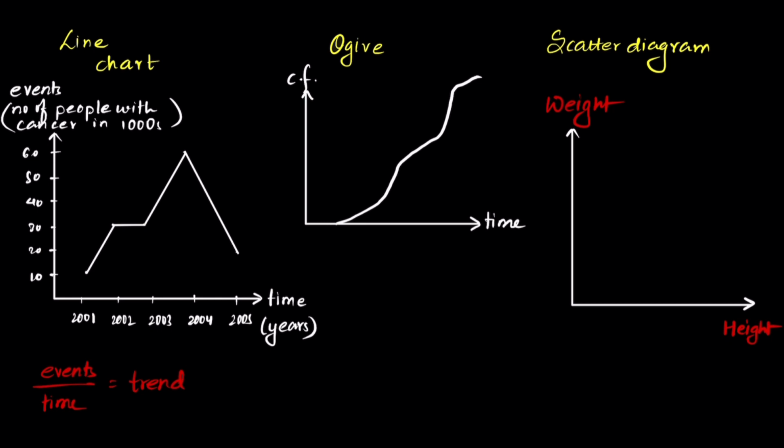For that, we take individual people, we measure their height and measure their respective weight and plot the dot on the graph. So let's say we find a person of height 6 feet and the weight comes out to be 80 kg. Another person of height 5 feet and weight comes out to be 40 kg. Another person of height 5 feet but weight comes out to be 90 kg. Maybe the person is fatter. And you keep on plotting the dots